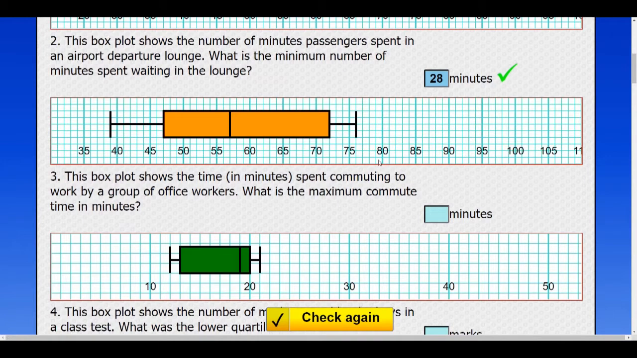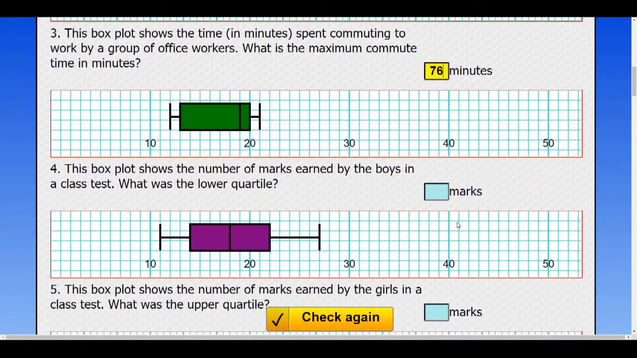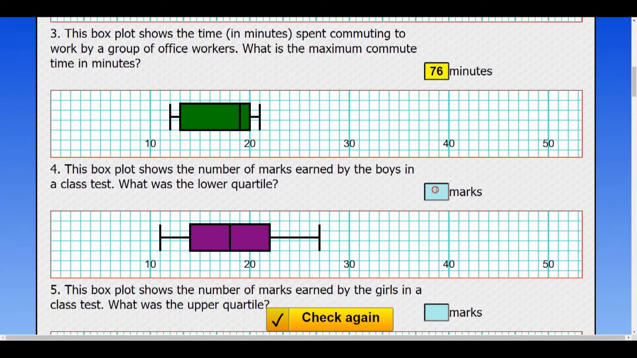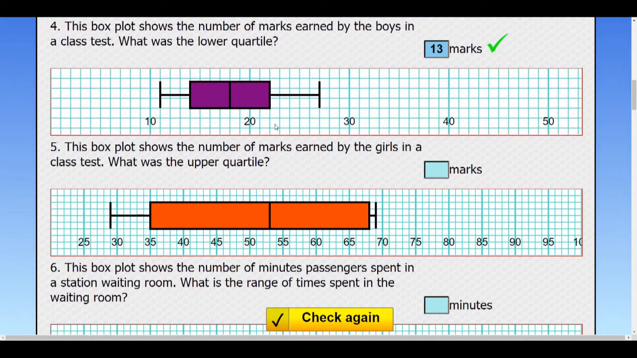Okay, this is the time spent commuting. What is the maximum commute? Maximum is this end of the line. It's in between 75. It's actually 76 minutes. So type that in, 76. This time we're looking for the lower quartile. That's on the left, so that must be 13. And in this one we're looking for the upper quartile. That's this side of the box. So that, looking at the scale there, must be 22